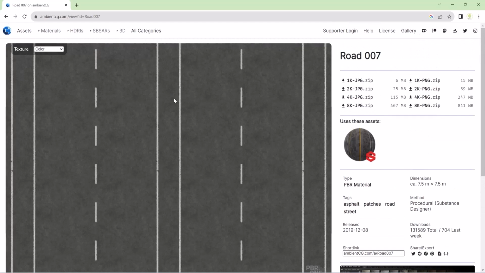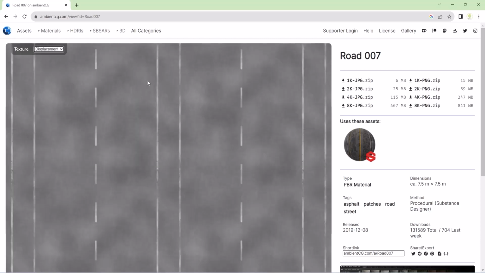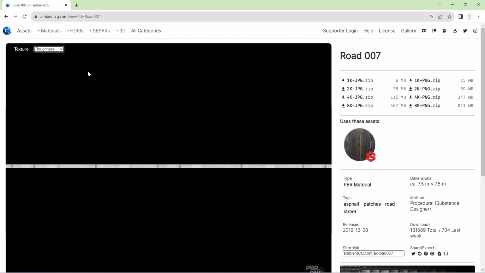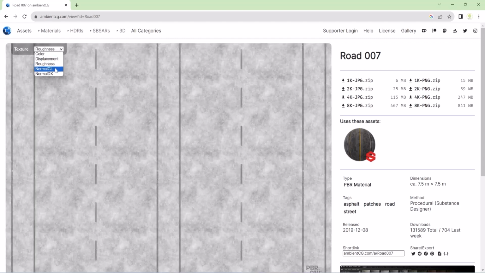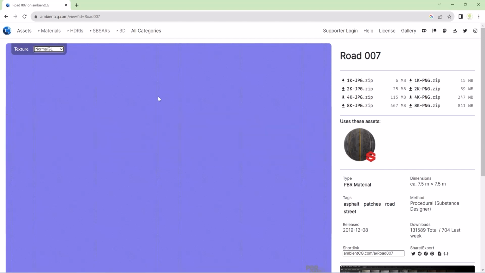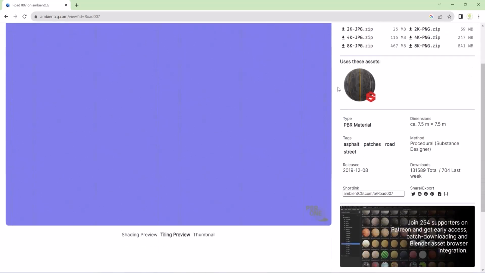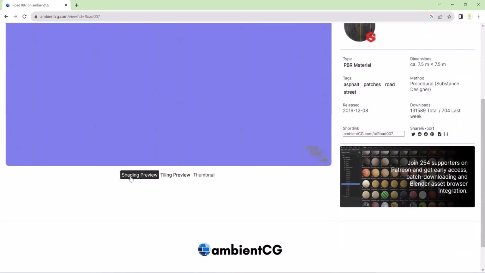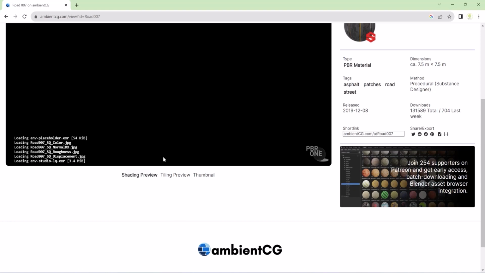First thing that we have is a color map, which is also known as a diffuse map. And then we have a displacement map. I will explain what displacement meant in the video. And then we have a roughness map. We have a normal GL map, which is also known as a bump map. So these are the things which we have to download. And in shading preview,